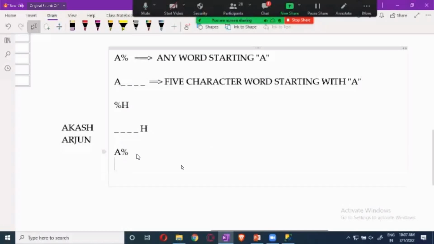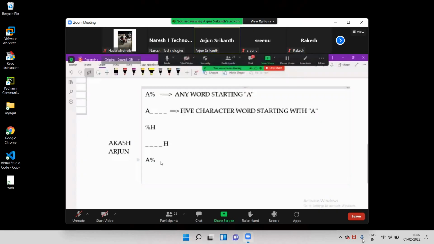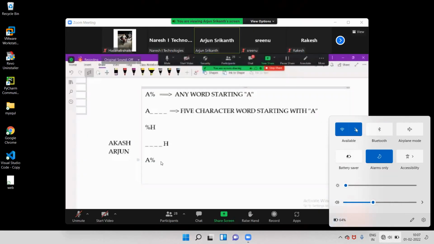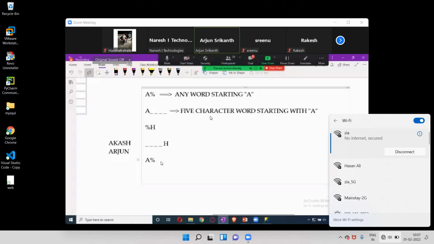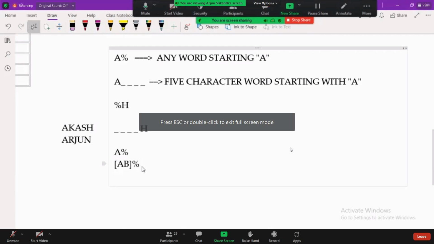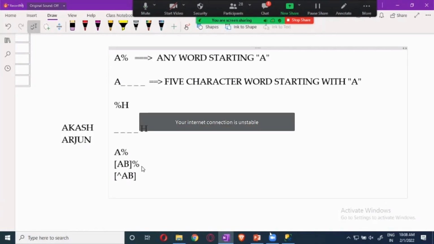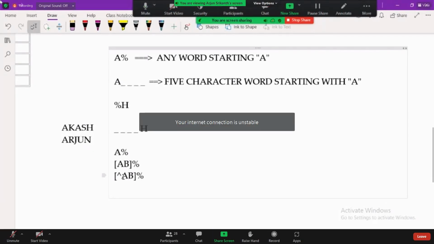Now, if I want any word which is starting with A or B, and if I give it like this, char A, B, then what does that mean?